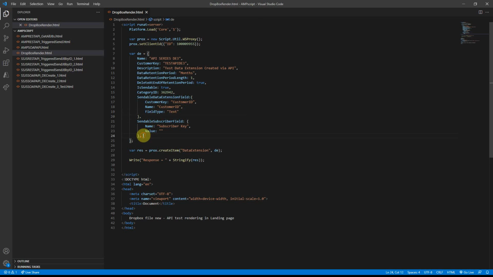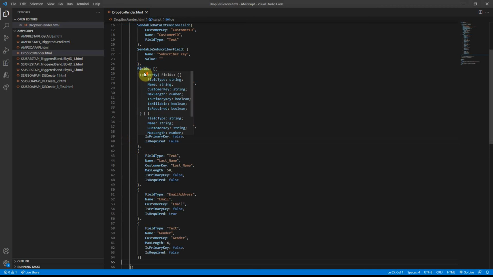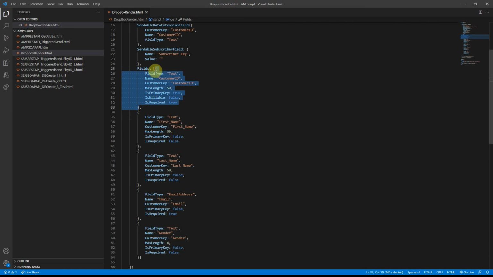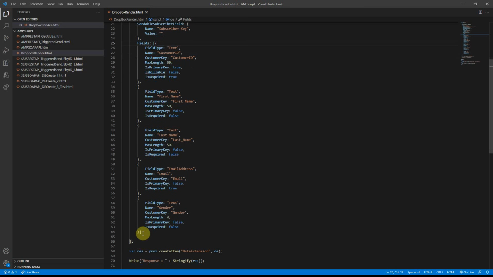Okay, and after this we will have to specify all the fields that we have. Now fields was an array, right? So this one we have to be slightly careful when we use it. So let me copy that over here and show you that as well. Within this one, when we specify, we have to say that fields is an array of various fields that we have, right? So each field will be like another JSON object within that, right? So we can specify that here, and as you can see, we have 5 fields that I've specified: the customer ID, first name, last name, email, and the gender, right? And that is our last parameter. So there's nothing after that. So we will end it over here.